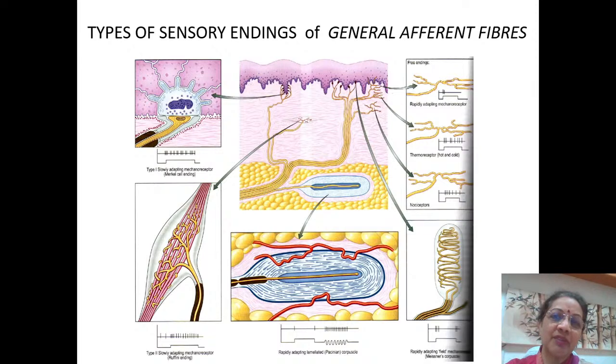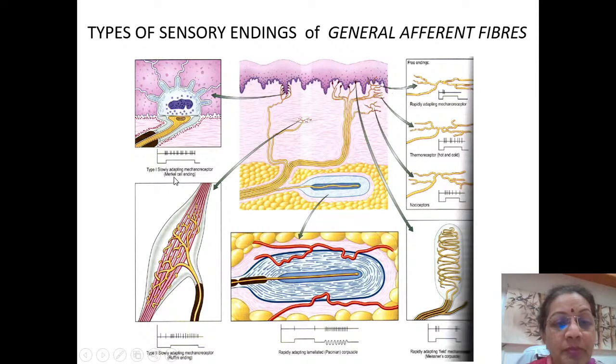The base layer of the epidermis locks into the dermis in the form of rete pegs. We will look at it when we look at the structure of skin. But this is so that the two layers of skin, the epidermis and dermis, do not separate easily from each other when there is a shearing force applied on the surface. So wherever you have epidermal pegs going in and interlocking with dermal pegs is where you have more of